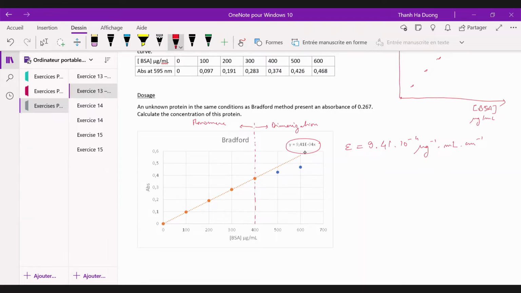So with the unknown, you have the absorption, which follows epsilon L C, and the unknown protein has an absorption of 0.269. So its concentration is equal to